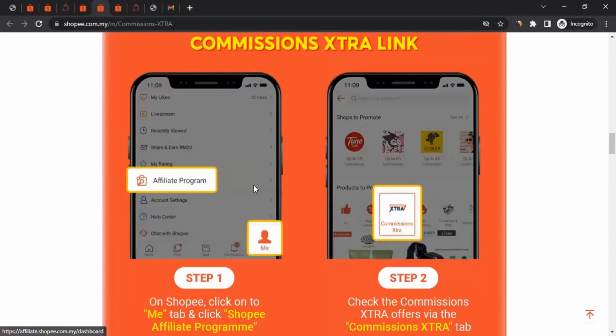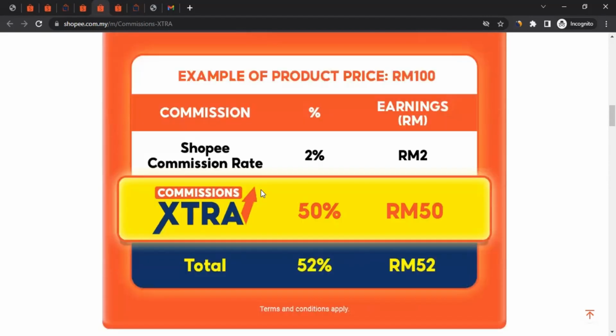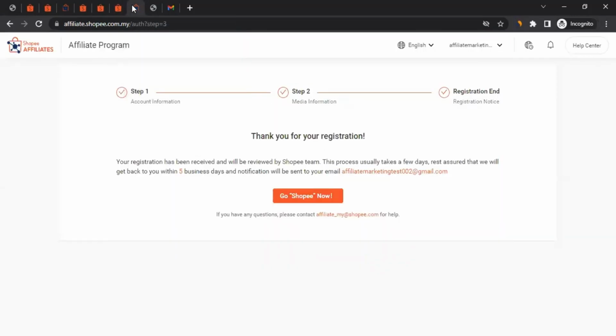So it's pretty simple, just take the tracking links and ensure when you're part of the affiliate program of Shopee, you promote them using tracking links. And when you promote them using tracking links, any commission, any sales that happen, the commission will be generated and that will be accumulated in your affiliate account with Shopee.